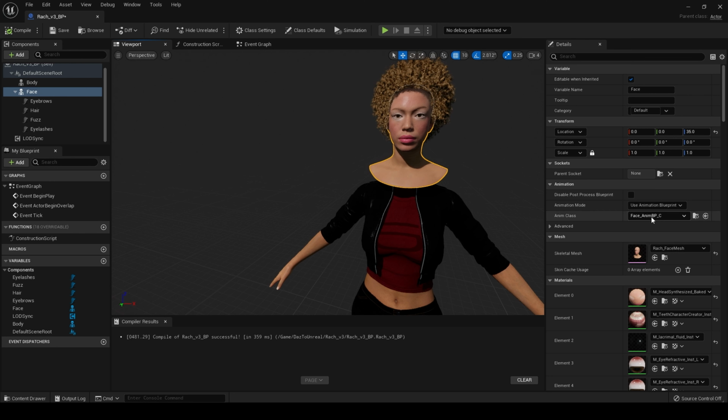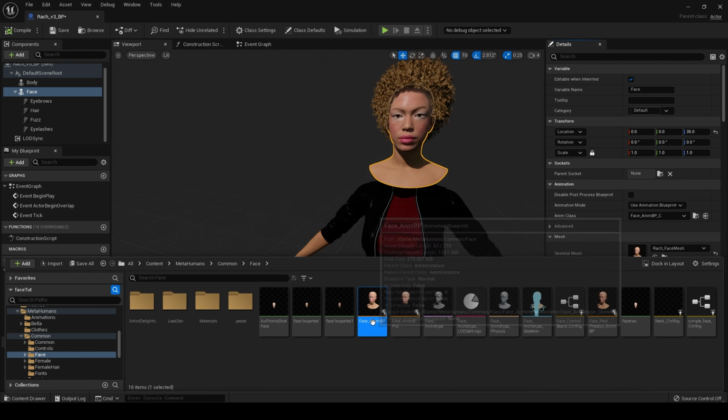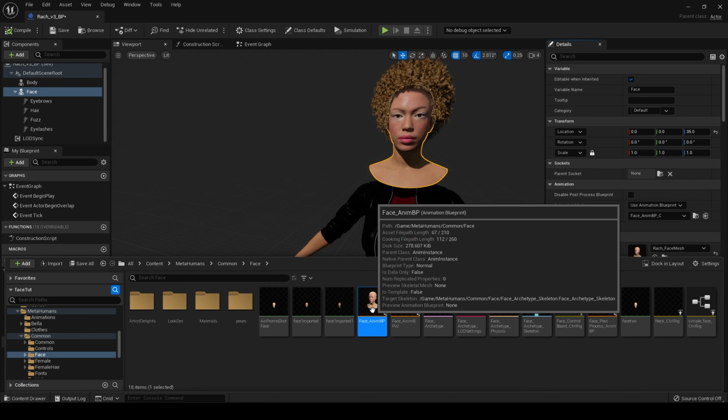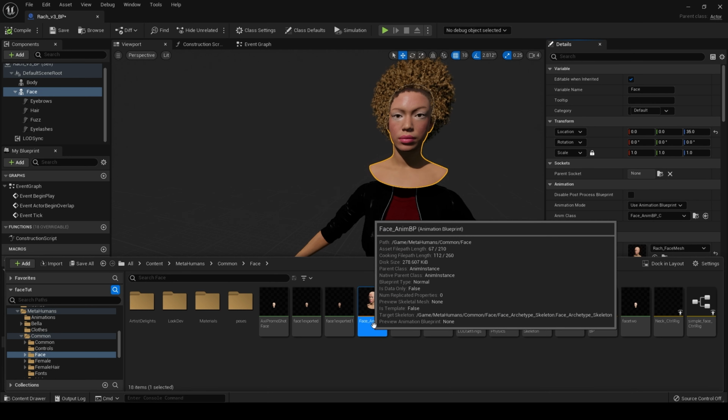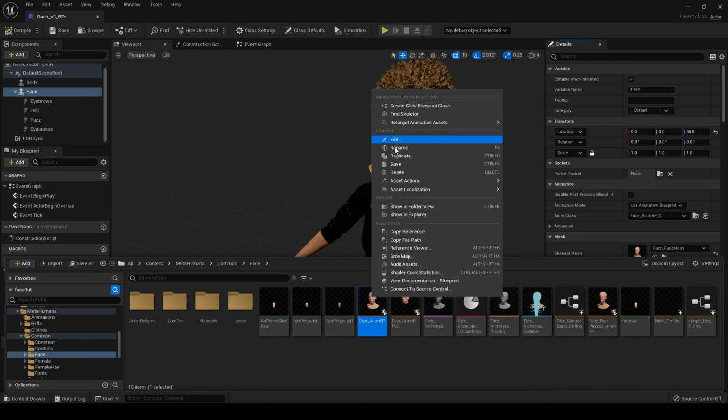Normally in tutorials you will see them remove the face anim BP class. There's no animation blueprint on the character. I want to keep that. So come to your anim class and hit the folder icon, and it will take you to the animation blueprint inside your MetaHumans Common Face folder. And we want to duplicate that.